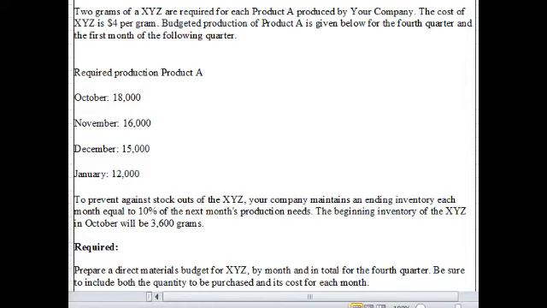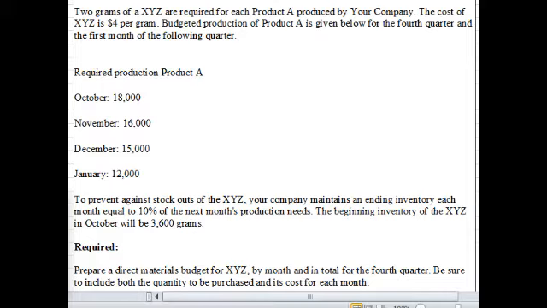Hello class, I just wanted to demonstrate how to prepare a production budget. This is a very similar problem to your homework assignment. In this assignment, it says that your company